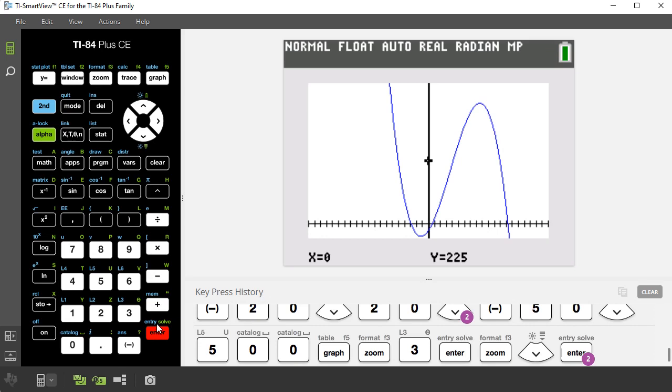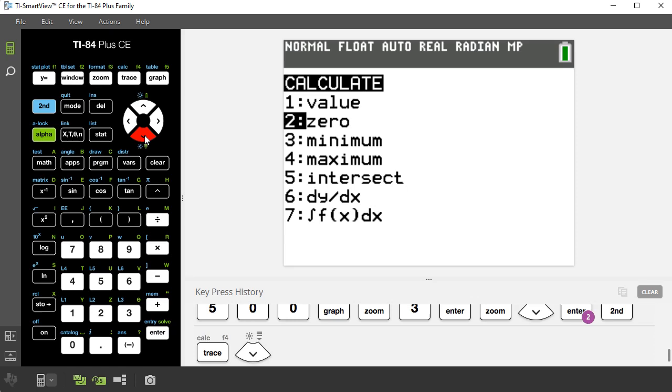Okay. Now, notice that in either case, the end behavior is completely correct in the sense that it's rising to the left and falling to the right. But look at these peaks. We have one right here, one right here. We have x-intercept, x-intercept, x-intercept. So if we wanted to find, for instance, the